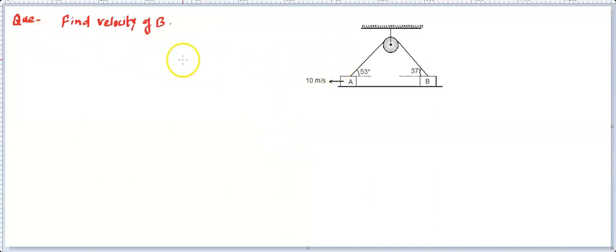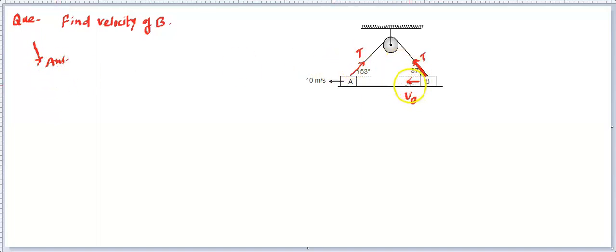So this is the equation that I'm giving for you. Find the velocity of B, and this is a block that is giving a velocity VA. This is the block B, so assume this velocity in this direction, that's VB, and we need to find this VB. This is the string passing over this, so you'll find there's going to be tension acting in this direction, that's T. The same tension will be acting in this direction, that's T. Now you apply this constraint relation equation and find the velocity of B. So solve and find this answer, and comment your answer in the comment section.